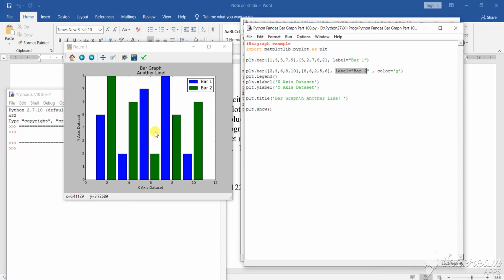Default specification, legend creation. Legend creation and naming is important, so I have named them, and as well you can see the label has been given there. So very minutely you must look at all the programs and all the videos that I have uploaded. There you will see all the explanation has been done. Very clearly you can understand and put it in your mind how to work with the data set, how to work with the graph, how to implement the graph. That is very vital.